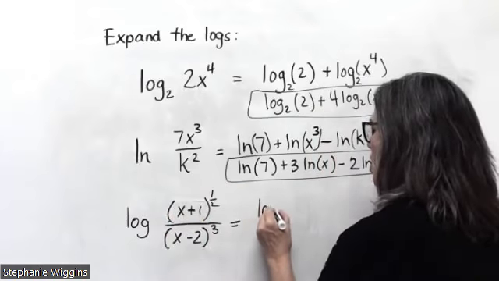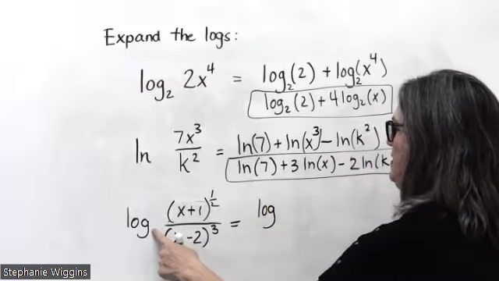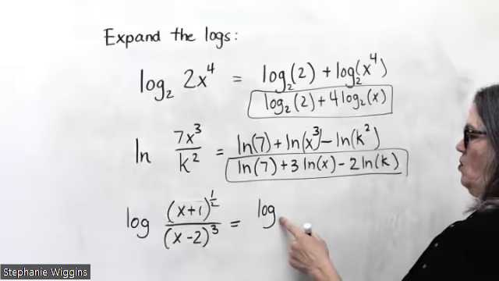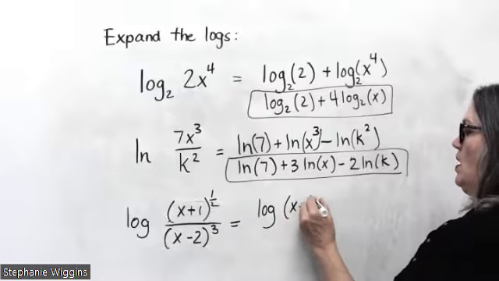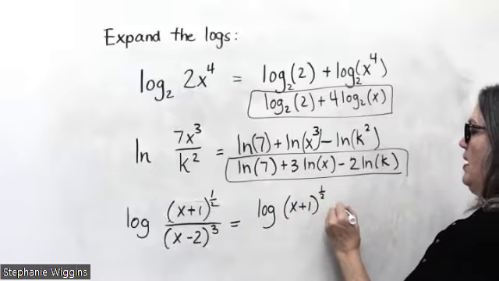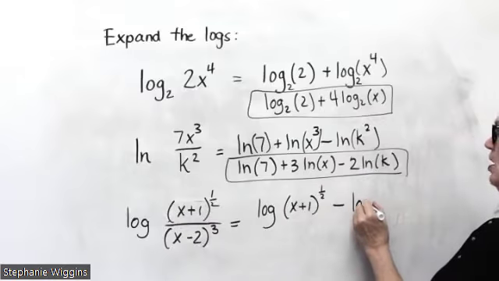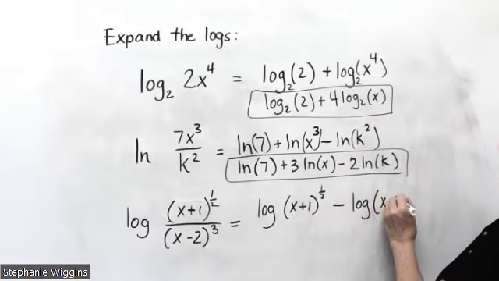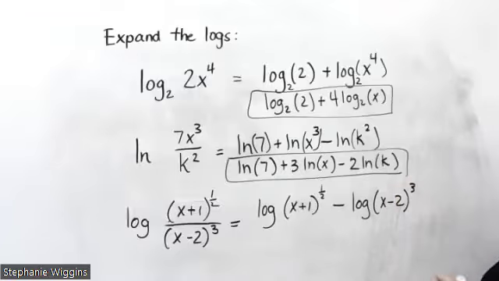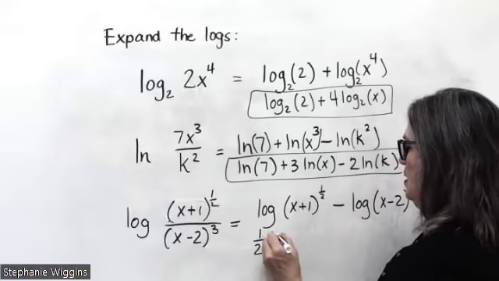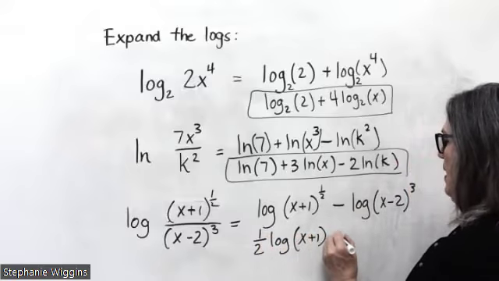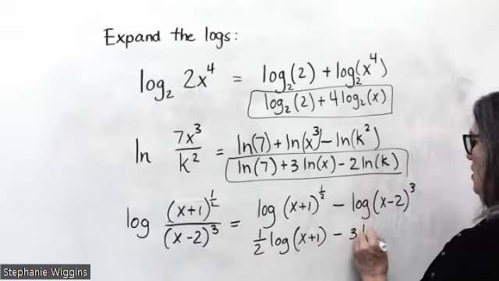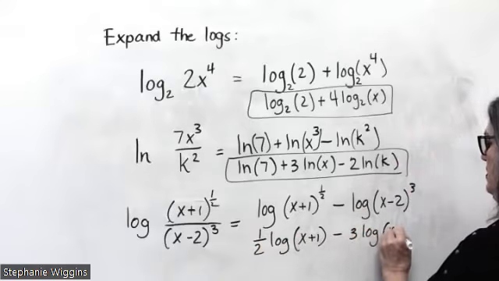This is going to become log, and we have the common log. There's no base there. So we're not going to write any base. And then we're going to have x plus 1 to the 1/2. That's the numerator. And then we're going to subtract the log of the denominator. And then finally, we deal with the exponents. They come out front. And so we have 1/2 log of x plus 1 minus 3 log of x minus